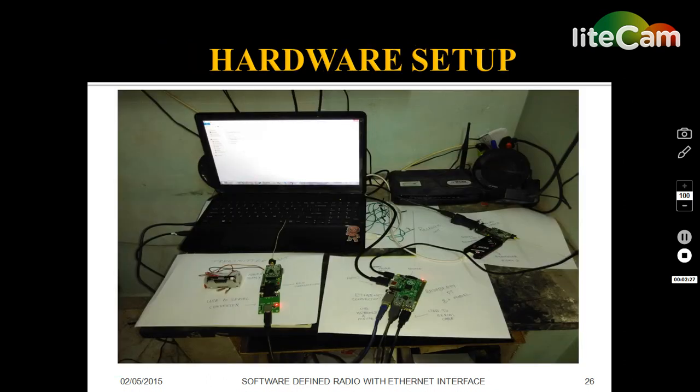This is the hardware setup we have in the project. We have a laptop, transmitter unit, Raspberry Pi, and receiver unit. In the transmitter section, we have programmed the transmitter section and powered it up using a 3.3 volt battery, which is connected with the LabVIEW based GUI in the PC laptop.